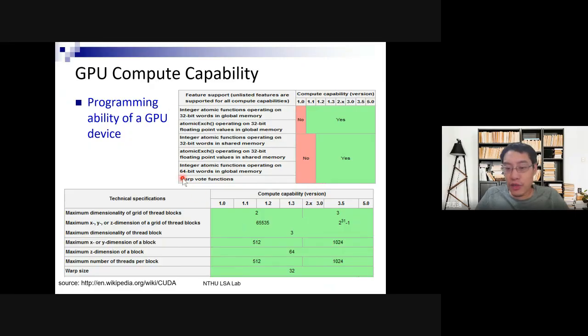So for any GPU, okay, the GPU hardware, you can look for its compute capability. Okay, it will indicate it can support up to what compute capability. And likewise for the CUDA driver, okay, the CUDA library we installed, the CUDA version we use on our computer, it will show what's the compute capability supported by this version. So there should be an intersection, right, between your GPU hardware and the CUDA software. Okay,